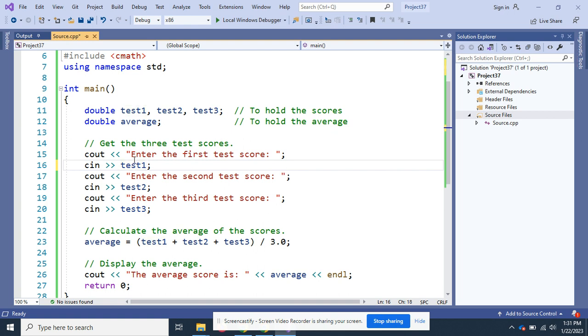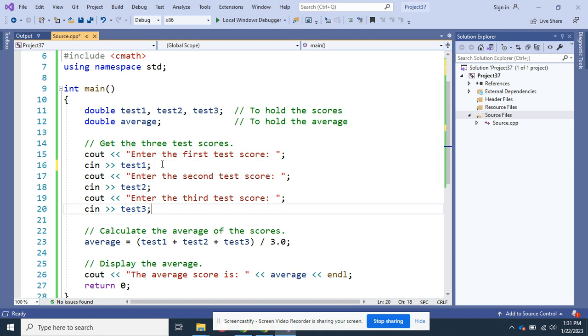Once you enter it and hit enter, it'll cout, enter second test score. You'll enter the second test score. By the way, you're more likely going to be entering an integer. Most test scores, you rarely get a 97.5 and things like that. You'll enter 97, 89, 95, right?